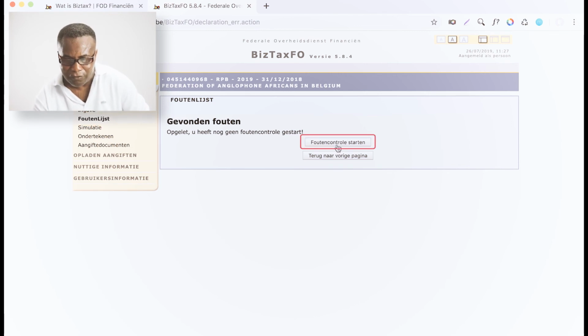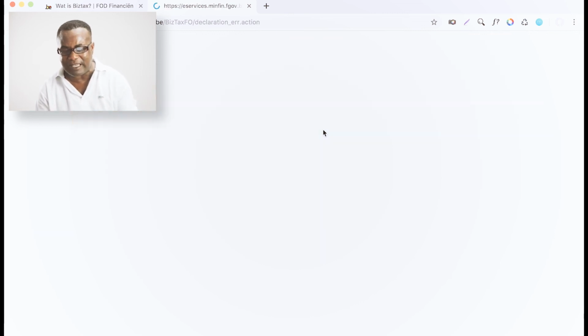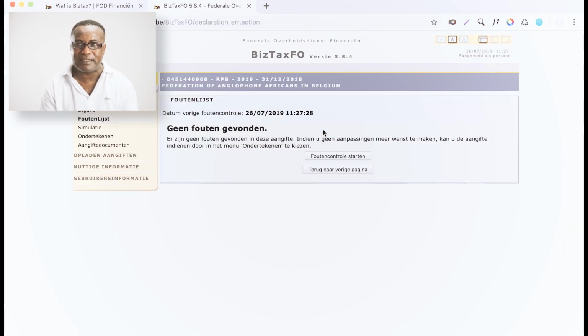So you click fault and control. It takes some few seconds or minutes. It depends if there are a lot of errors in your tax declaration. If there are a lot of errors, it will take about 2, 3, 4 minutes, and it will bring out all the errors. It will state to you that there are errors so and so,